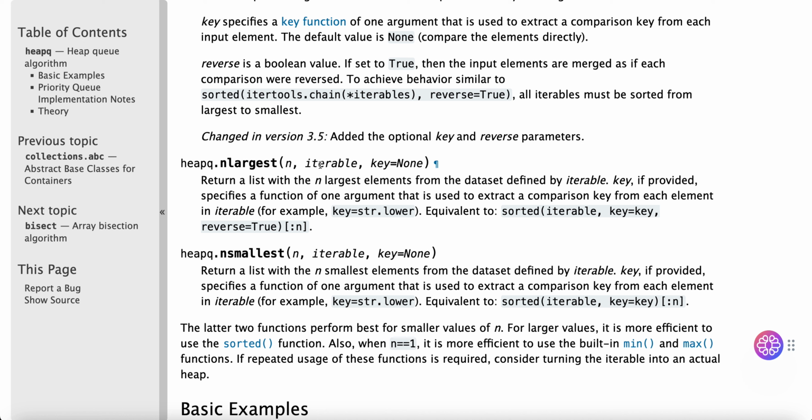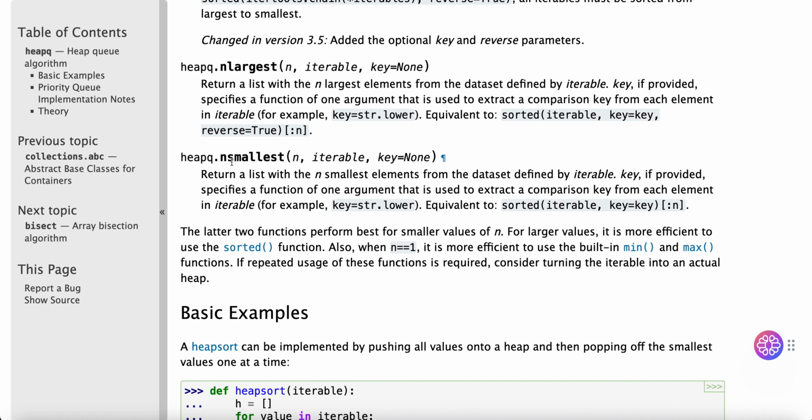heapq.nlargest(n, iterable, key=None): return a list with the n largest elements from the dataset defined by iterable. key, if provided, specifies a function of one argument that is used to extract a comparison key from each element in iterable. For example, key=str.lower. Equivalent to sorted(iterable, key=key, reverse=True)[:n]. heapq.nsmallest(n, iterable, key=None):